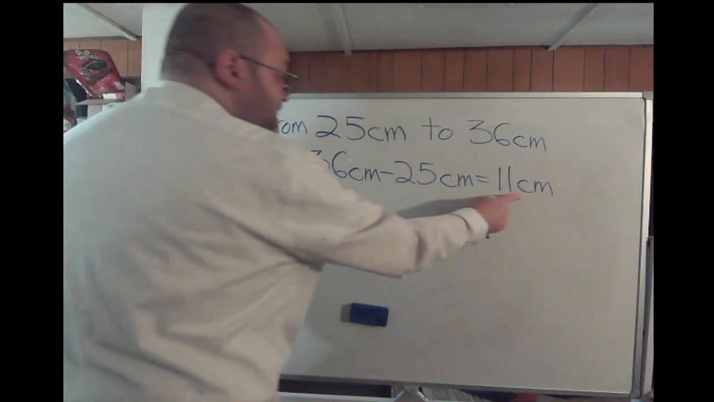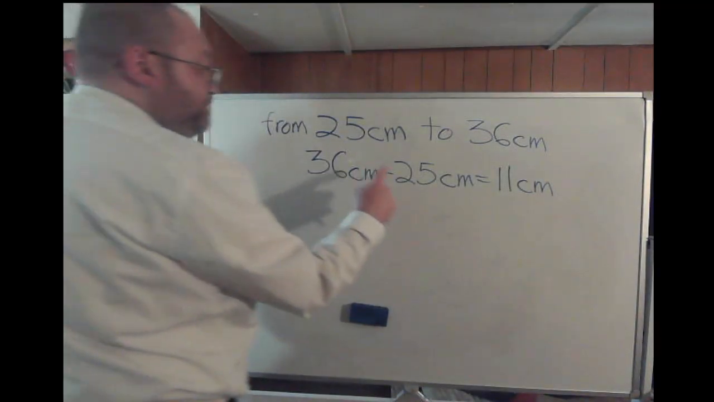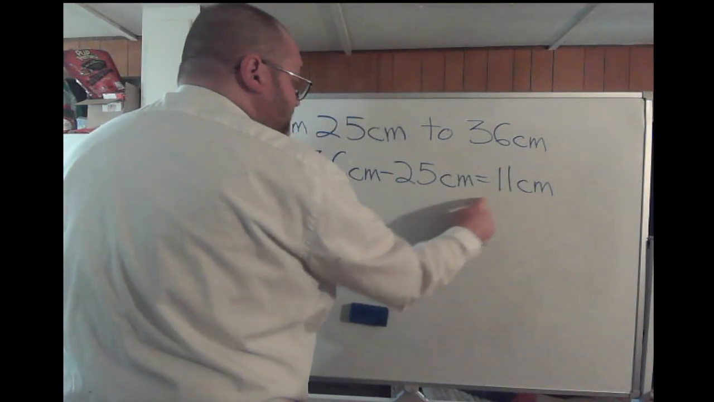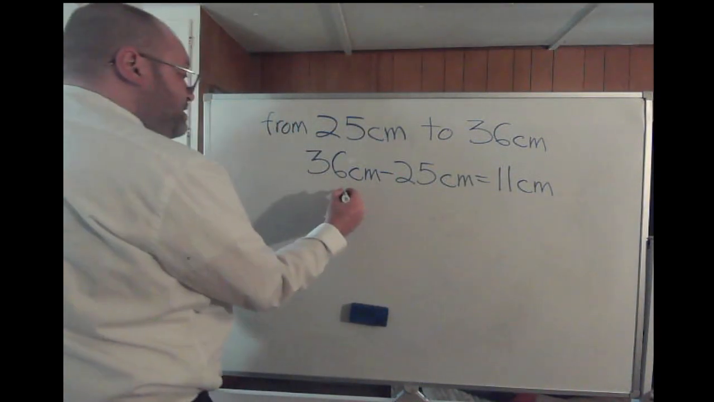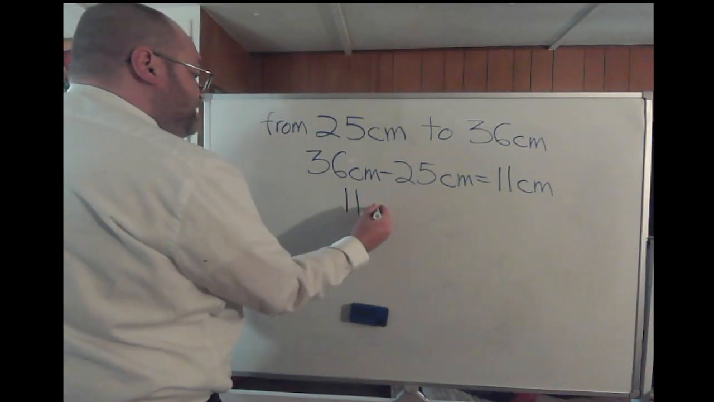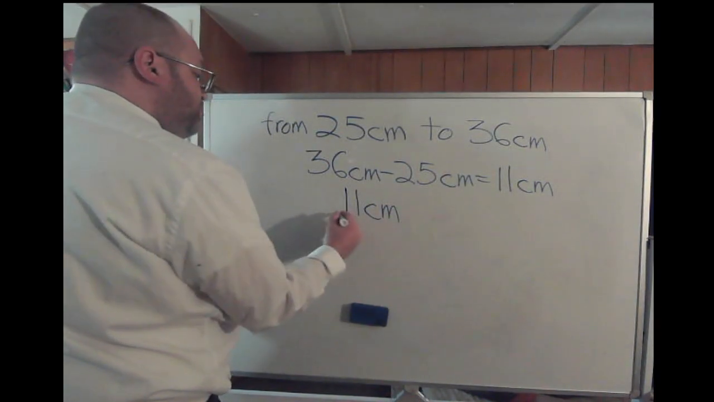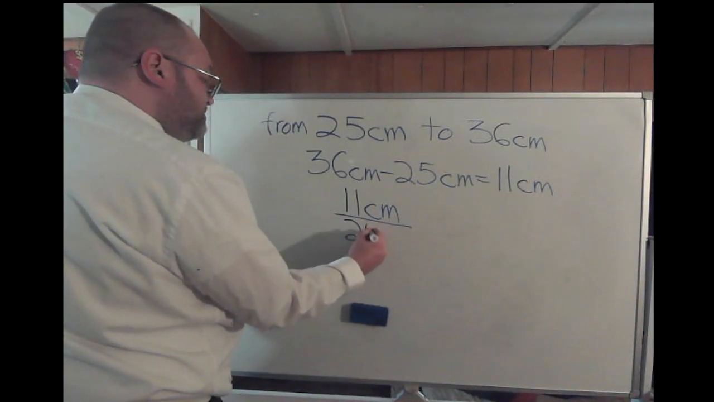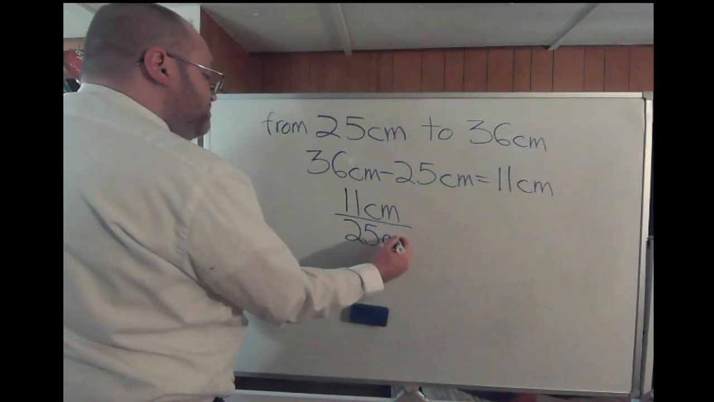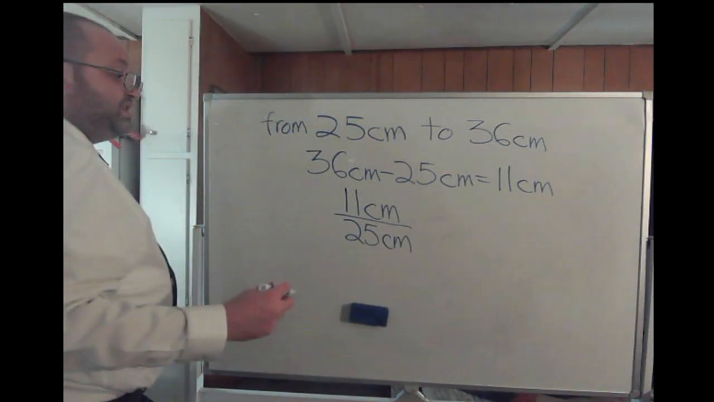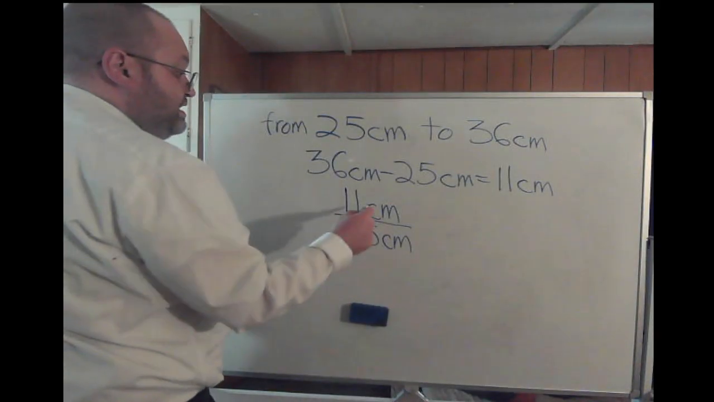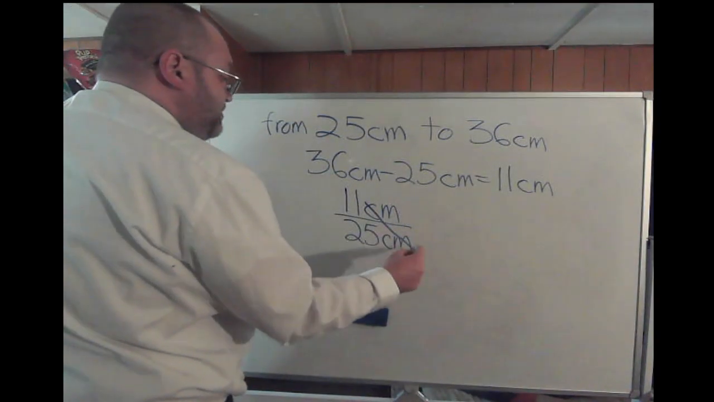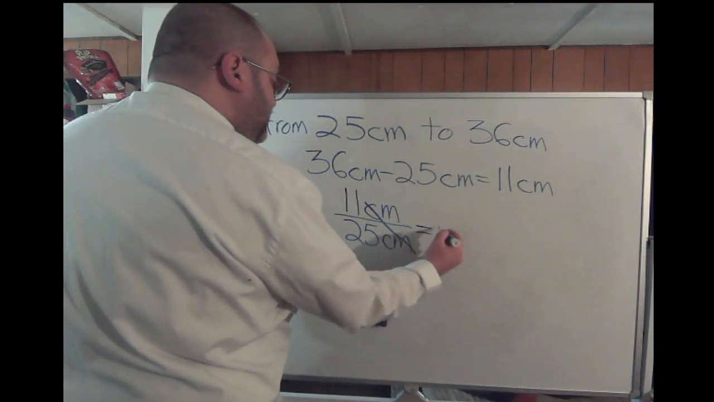What you do is you take your difference of the two quantities, that 11 centimeters, and put that over the original 25 centimeters. Well, centimeters will cancel out. You're just left with 11 over 25,